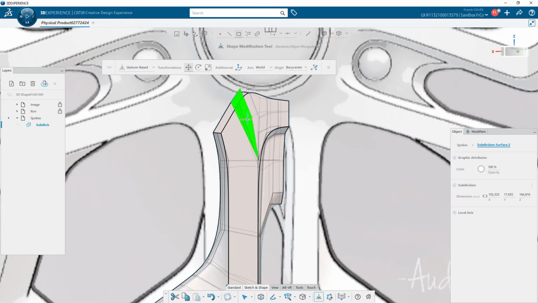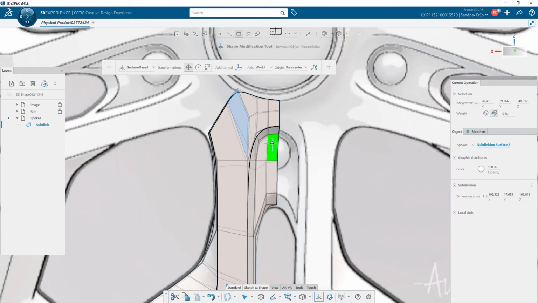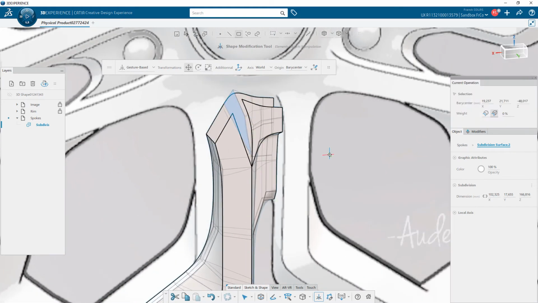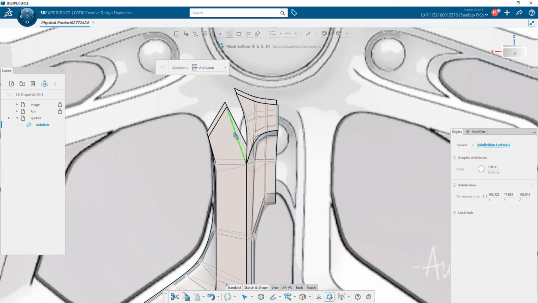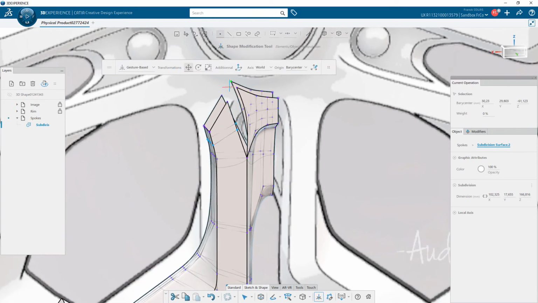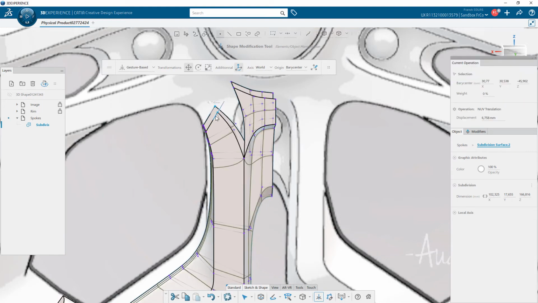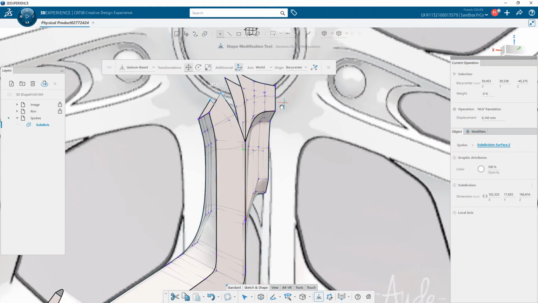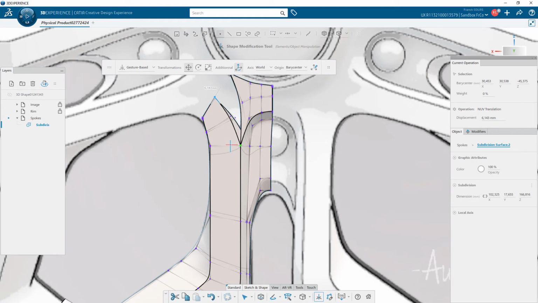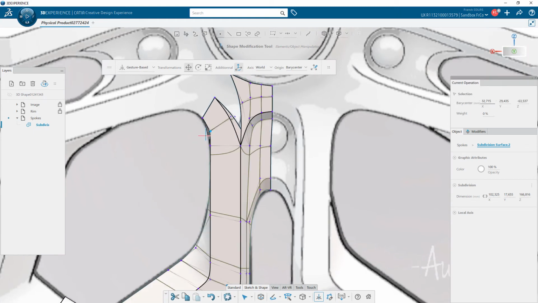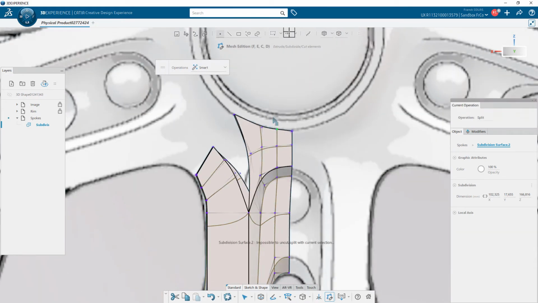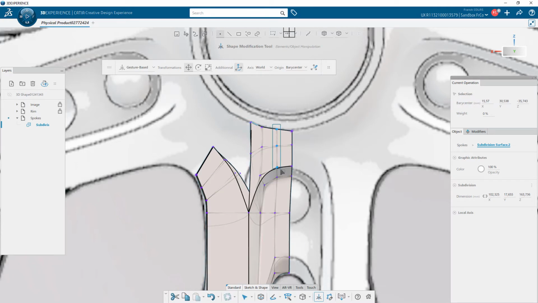I am not really satisfied by the flow of my vertices around the center cap. I decide to break a little the upper part of the spoke by deleting two faces. It's time to rebuild this part with some traditional operations with add loop, move vertices following a plane,